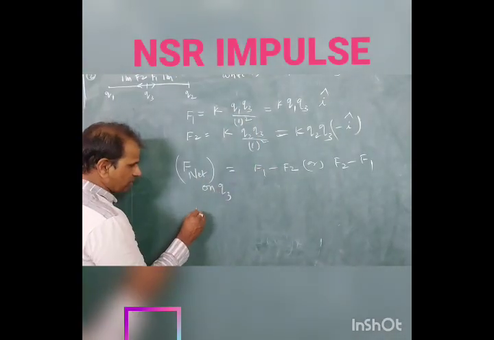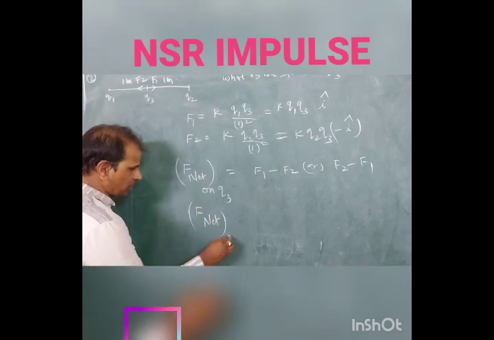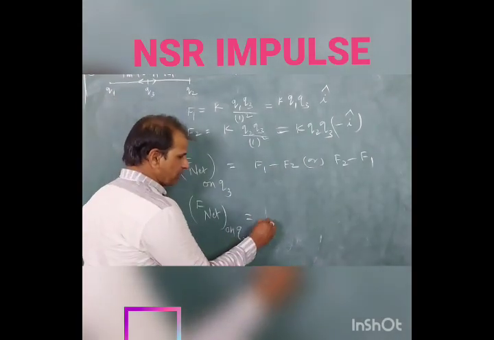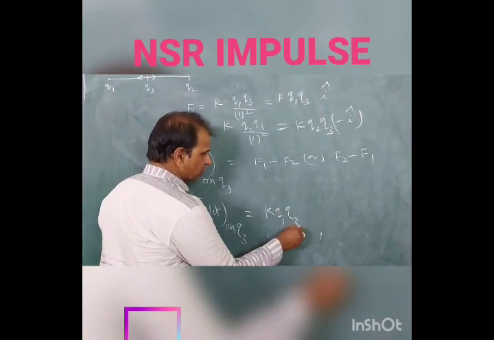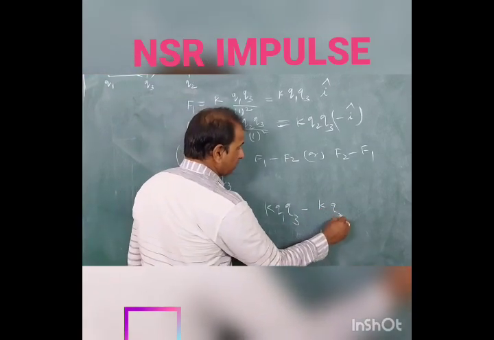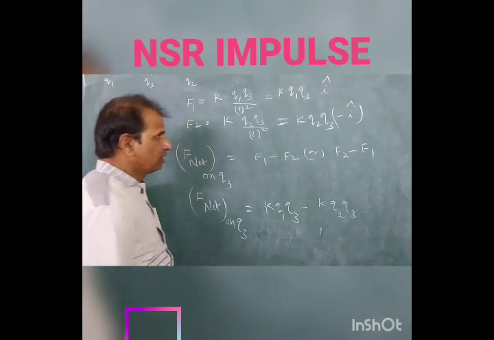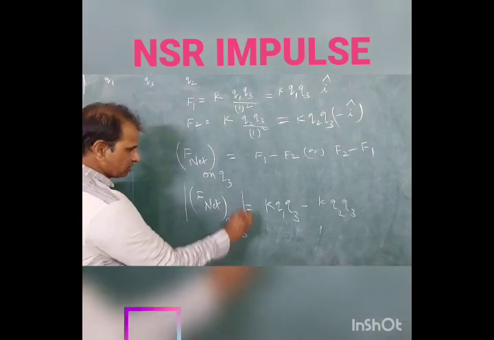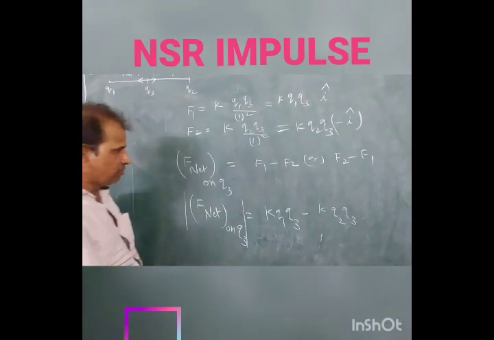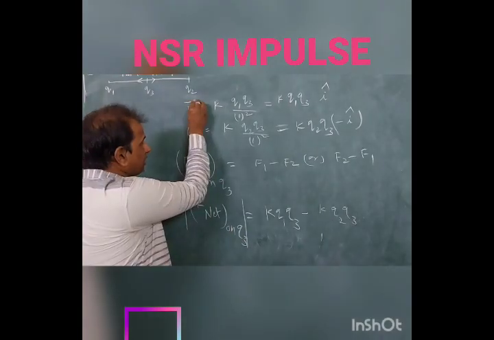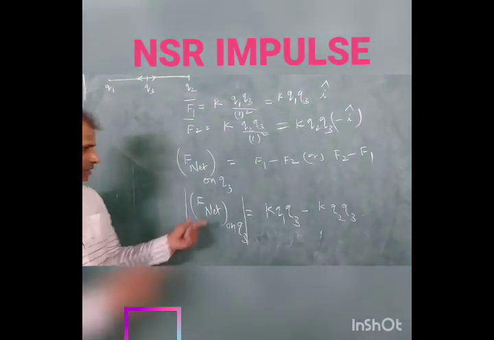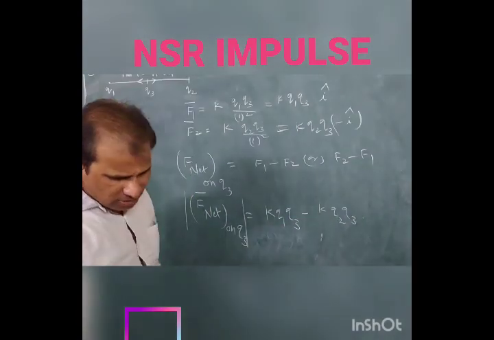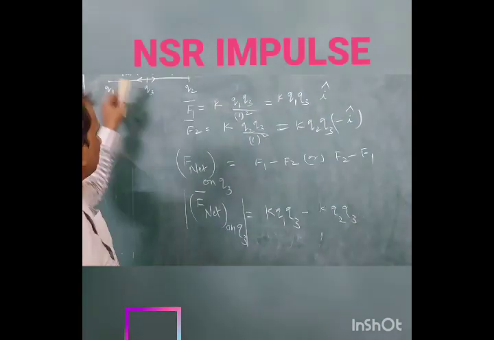So first you consider this one. Net force on Q3 is equal to F1 minus F2, K Q1 Q3 minus K Q2 Q3. I cap is not neglected. Remember that we have written here magnitude. Once you write the magnitude of the force, it will be like this. You can keep here vector F1 bar and F2 bar. Here this is the magnitude of the force. Like this you can proceed. This is the net force on this particular charge.